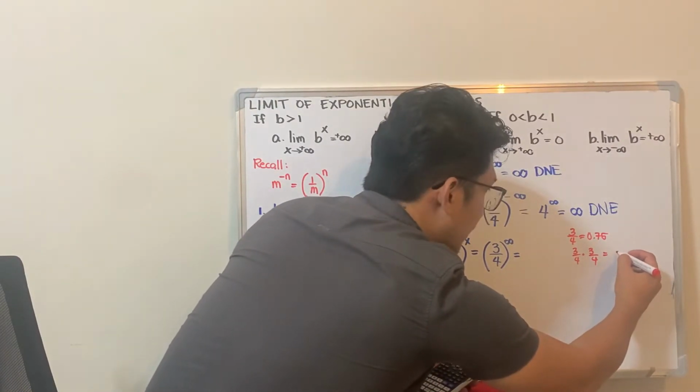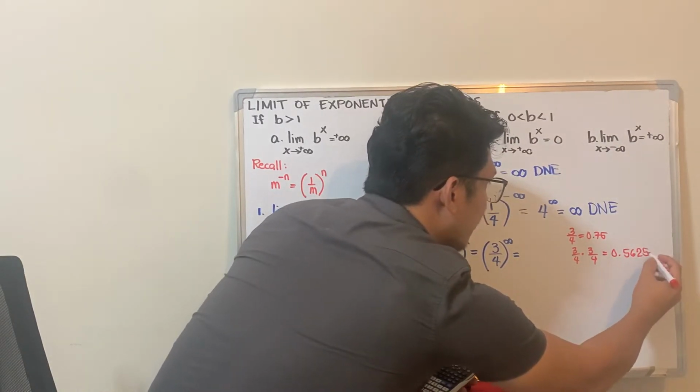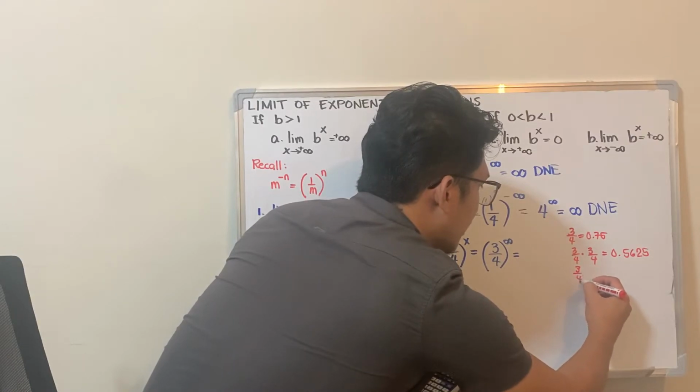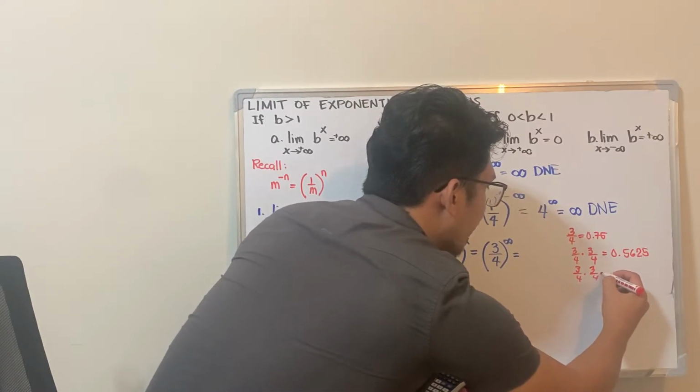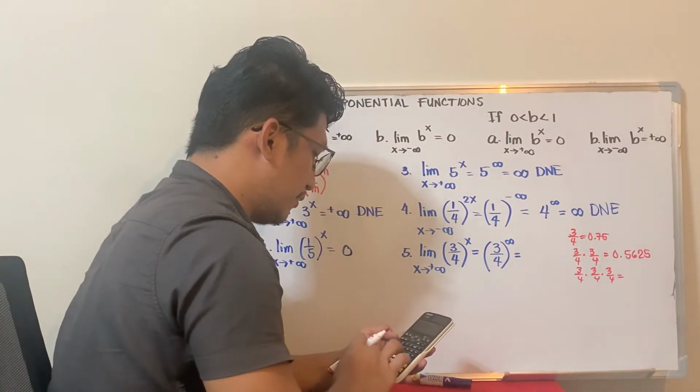So in decimal it's 0.5625. If you multiply it 3 times by itself, then times 3/4 again,